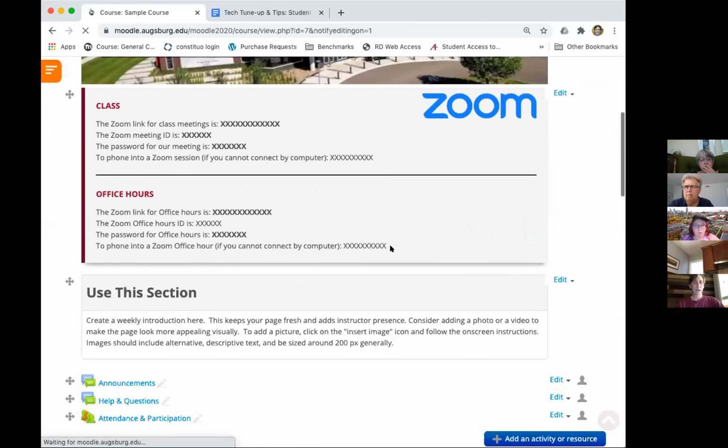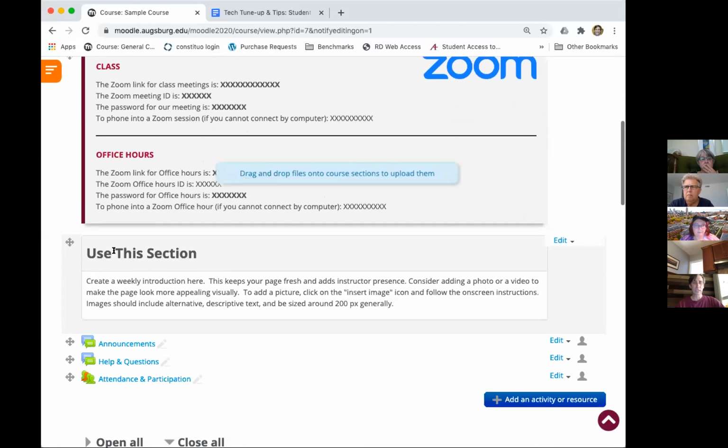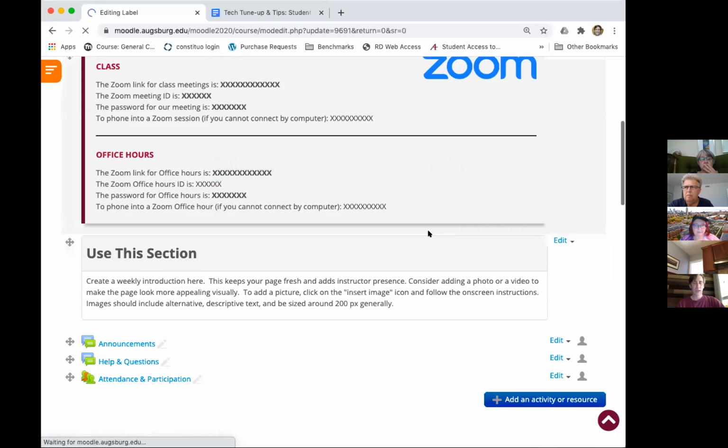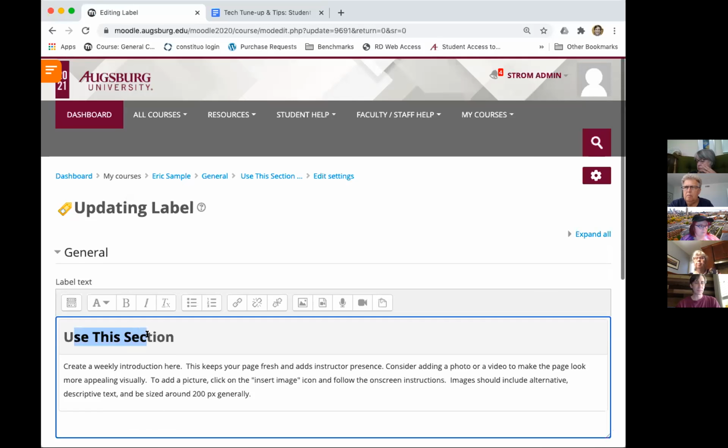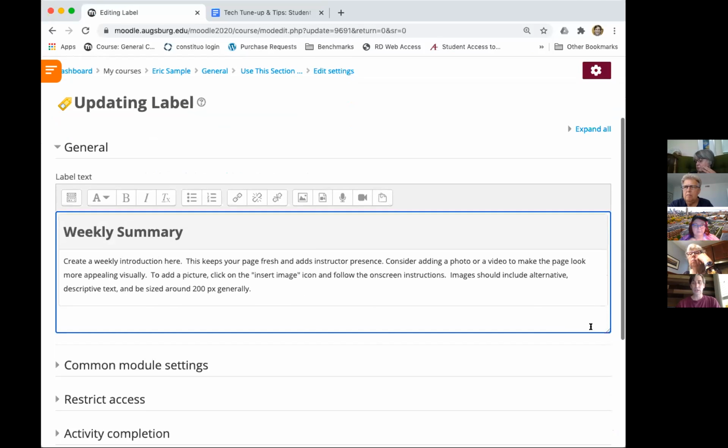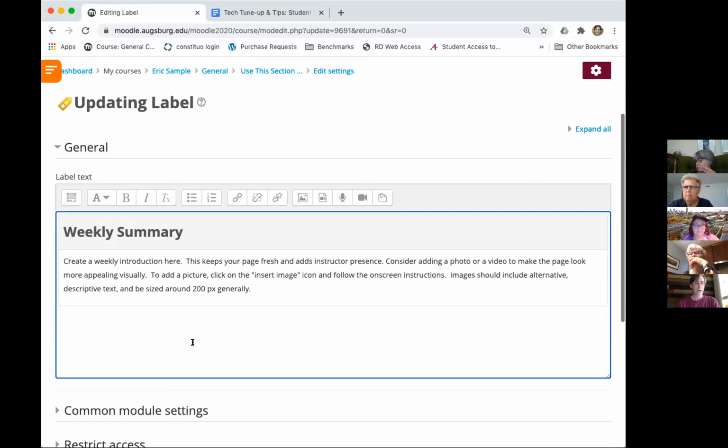So I'm going to turn editing on, and I'm going to edit this label. I might just say I'm going to use this as a weekly summary. I could do additional content in here and make some text, but I'm also going to go ahead and start with